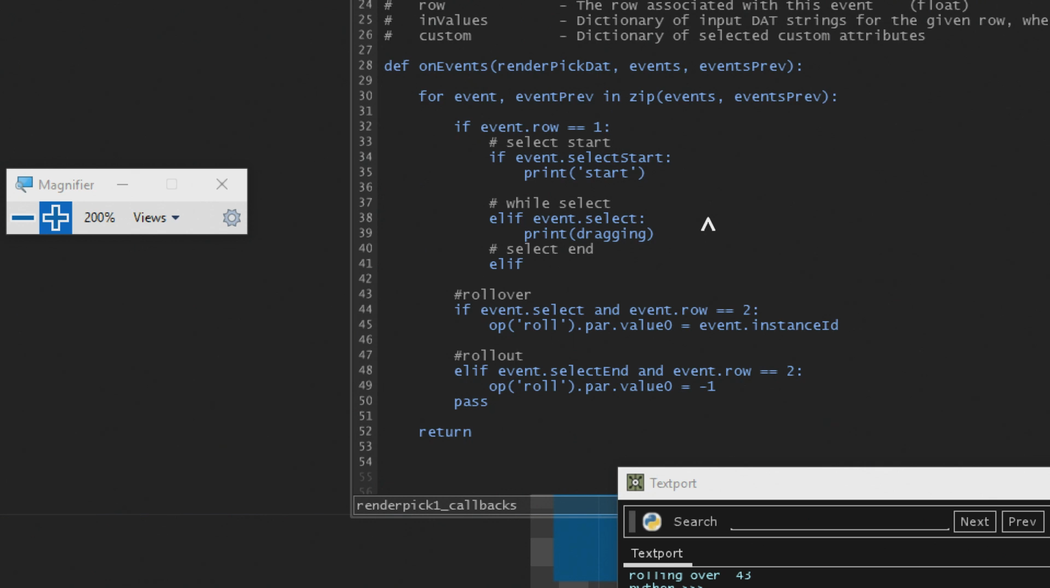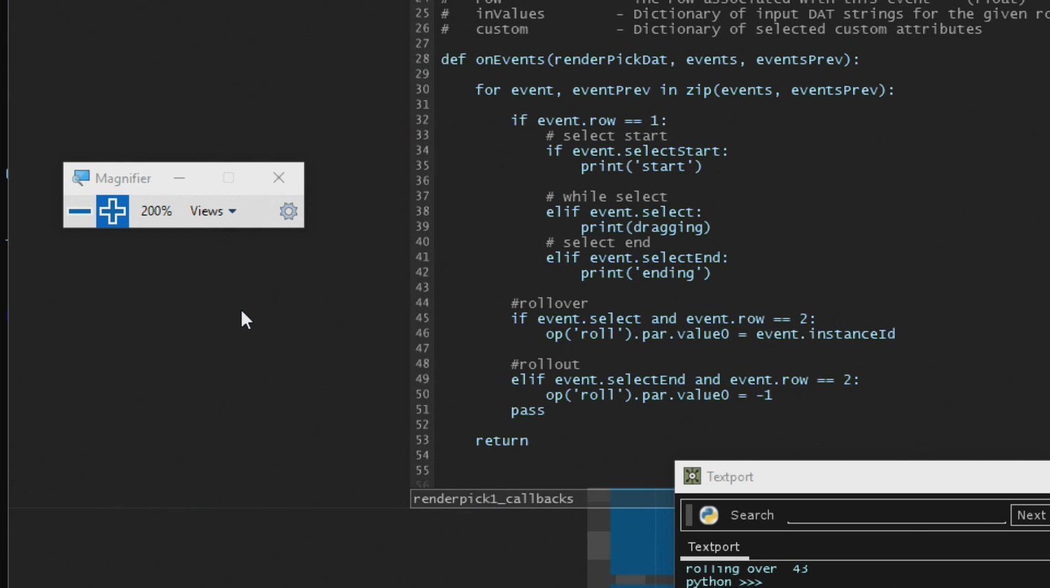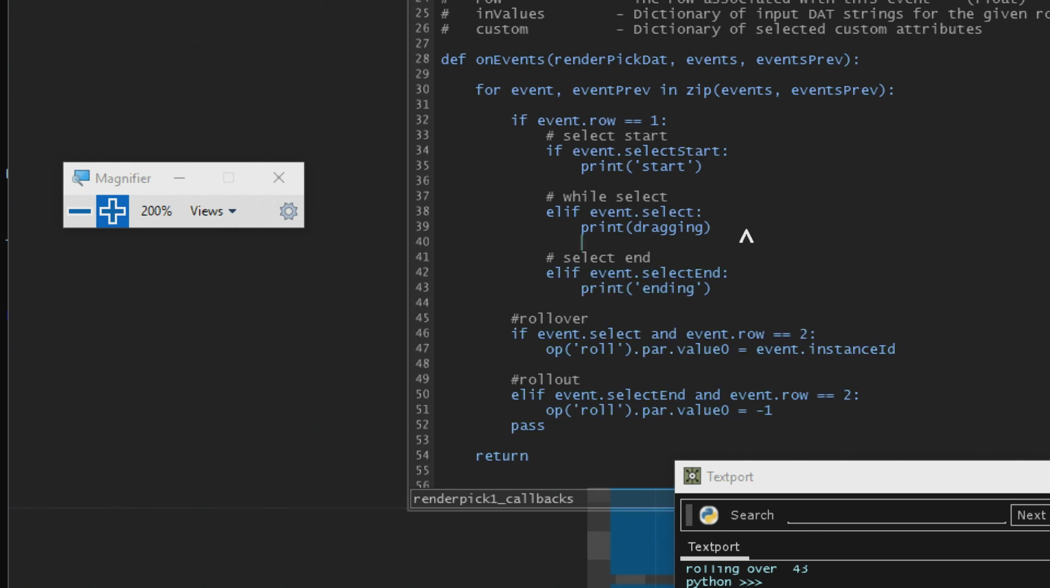And elif event dot select end. でボタンを押していく操作に関してはポチッと押した時と、もう一回押して選択を解除する時とドラッグしながらこうたくさんオンにしていくようなことと3つ状態があるので、それをセレクトスタート、セレクトとセレクトエンドで定義しています。